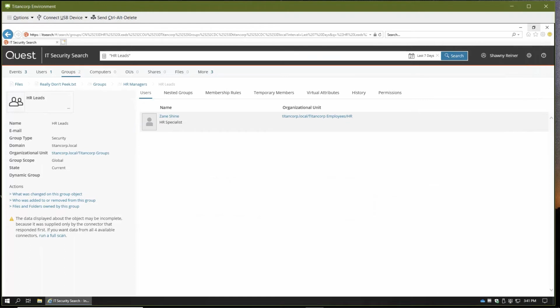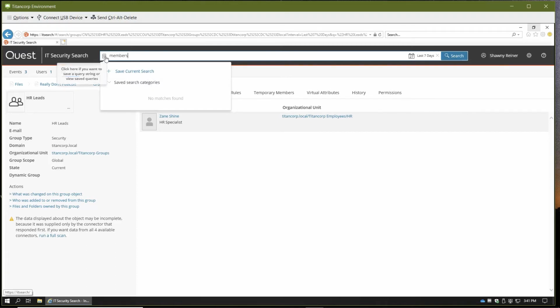But to use it, you simply enter the complex search that you want to save, and then you add it to the saved searches. It asks you for some information, and then once it's saved, it's there for you to use over and over again. The particular complex search that's relevant to this scenario is one called Member of Deep, and its intent is to bring back direct and indirect memberships for a stated user. And I've previously created and saved one.